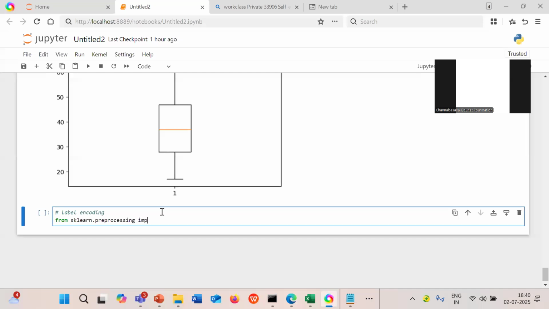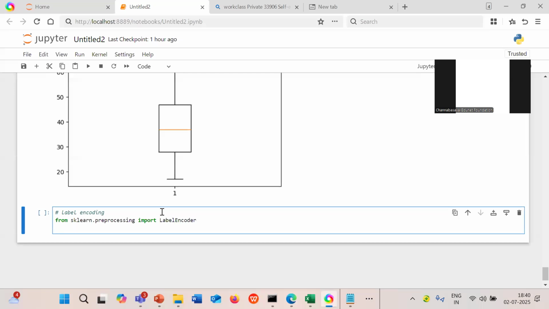So I'm going to import LabelEncoder. What is the first step? We have to create an object of that encoder, so that we can use that object for converting the categorical values into numerical values. So I'm creating the object here. Encoder is the object, created with the help of LabelEncoder. Have you all completed up to this?